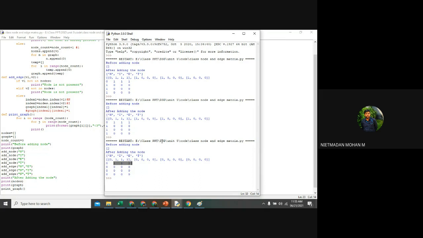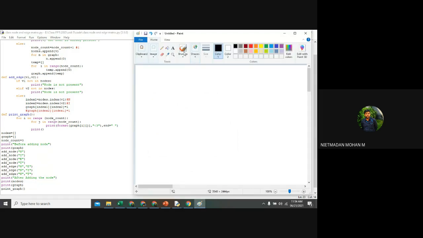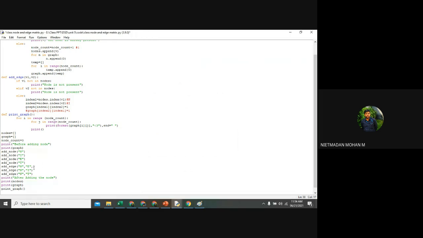So the same thing I want to go for the weighted graph. What do I want to do? Weighted directed graph. Same thing I want to go for the weighted directed graph. So how many arguments do I want to pass here? V1, V2 and the cost of the graph, right? Yes, sir. Yes. So we want to pass 3 arguments here. So I am passing this 3, third argument as 10. You can pass the number values directly.